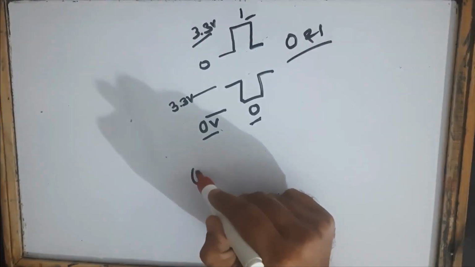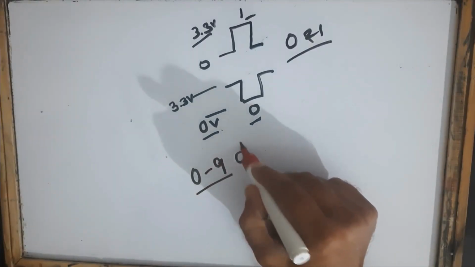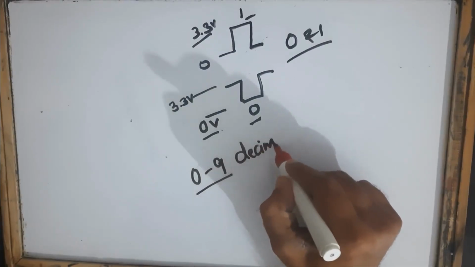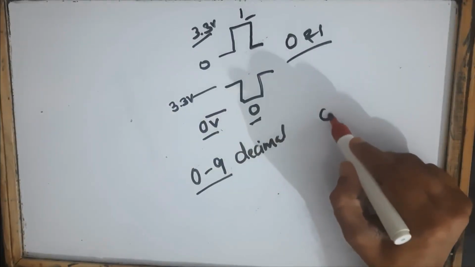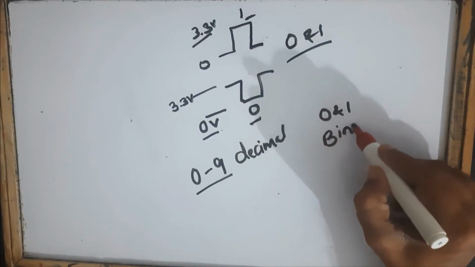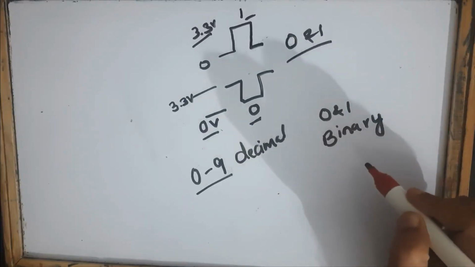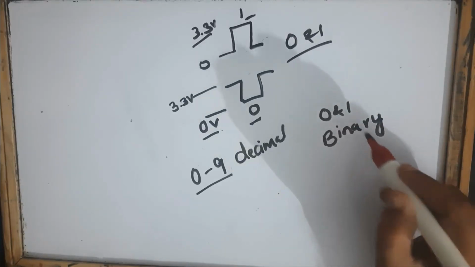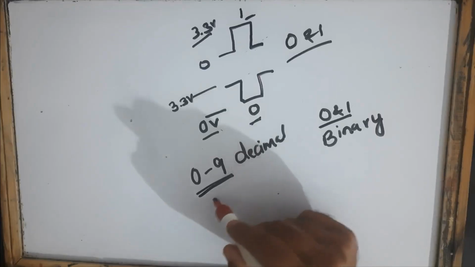In our decimal system, we have 0 to 9. This is the decimal system, our normal decimal. But the computer understands only 0 and 1. That means it's called the binary system. So whatever we feed into the computer will be converted to 0 and 1. All the information we feed in, the numbers, alphabets,